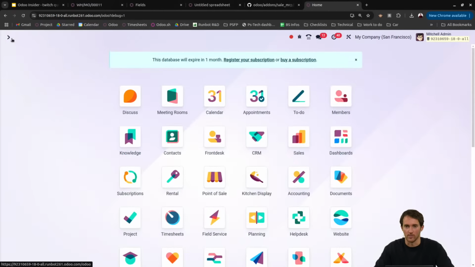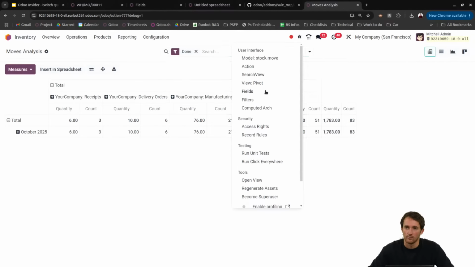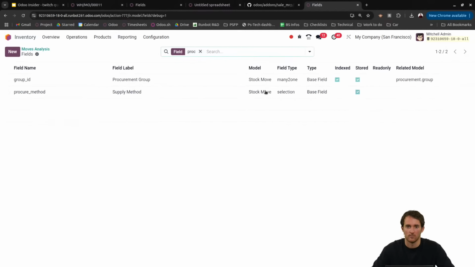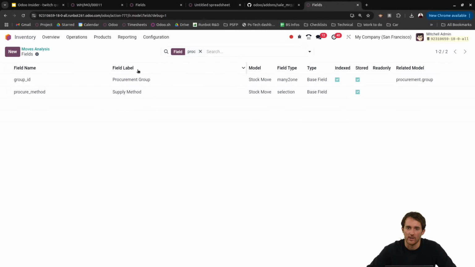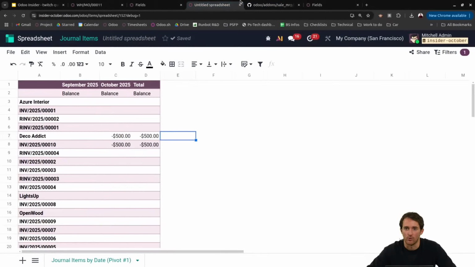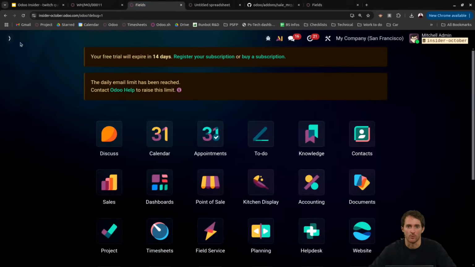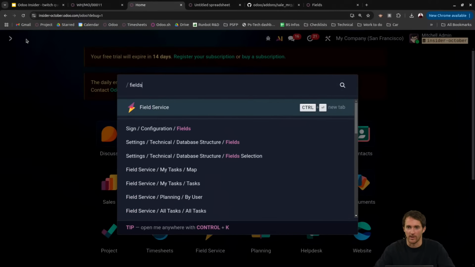No, I want to go to my moves analysis, yeah. Group ID, yeah. The procurement group. I know that in 18 this was a way here on my stock move to come back to my sale order reference and to display it at some point. But here, my group ID, my procurement group, in a more general way, doesn't seem to be there in my 19 database. Let's go to my fields,